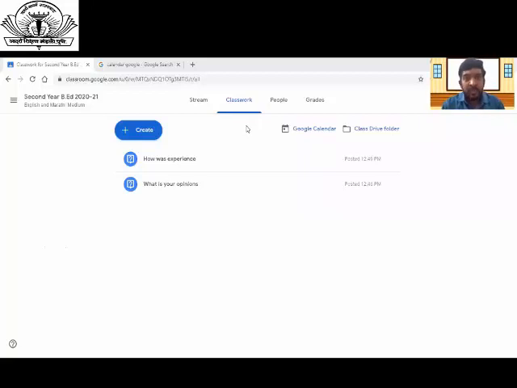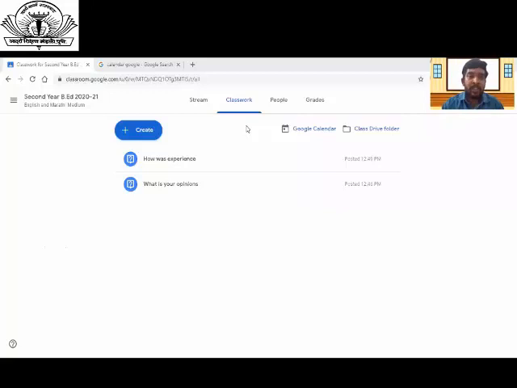There are many ideas for classwork or assignments. It can be used for collaborative group assignments. You can complete an assignment in a collaborative manner also. Individual writing assignments, note taking templates, tests and quizzes: we can conduct tests as well as quizzes, and it is very useful for project based learning. We can complete any project collaboratively on this platform also. These are some benefits of the classroom and assignments.